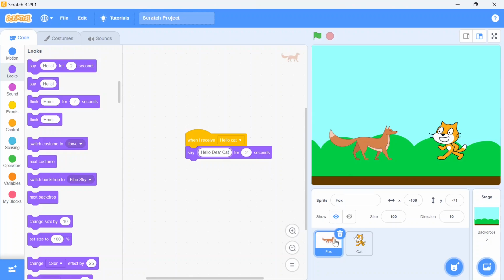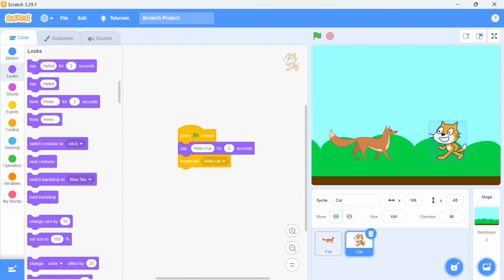Now you'll see the effect. It says hello fox, and after 2 seconds it says hello dear cat. So how does this broadcast message work? When you click the flag, the cat says hello fox for 2 seconds, and it broadcasts the message hello cat.